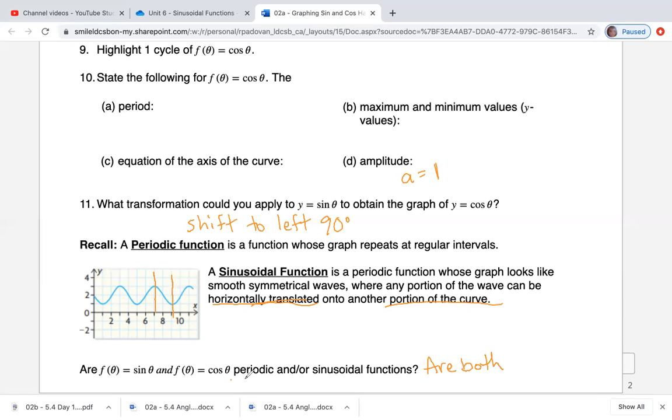They're both periodic because they have intervals or cycles that happen regularly, and they're sinusoidal because they're symmetrical waves. And again, if you were to cut it in half, horizontally translated means if I were to shift it horizontally on top of another portion of the curve, they would line up with each other. So it's both. So for this homework, I would like you guys to do